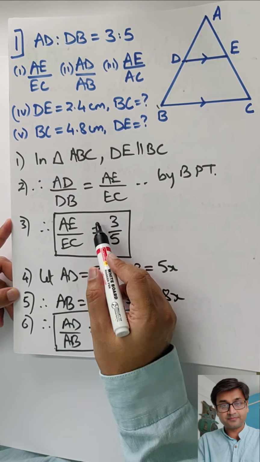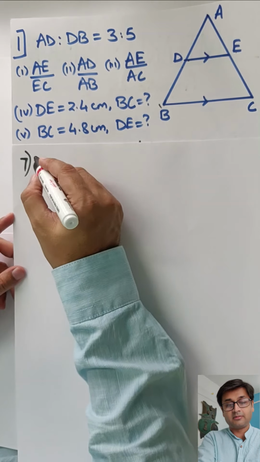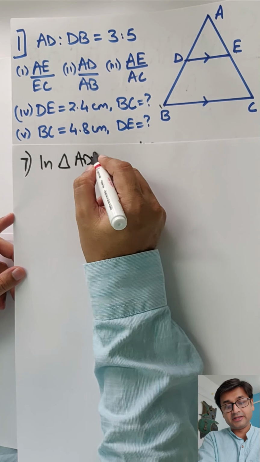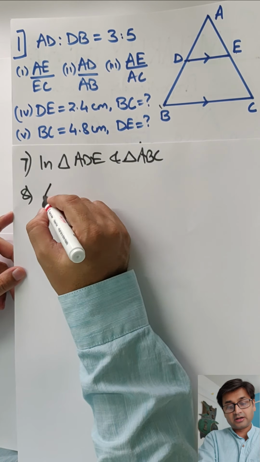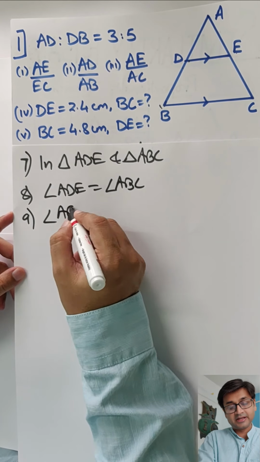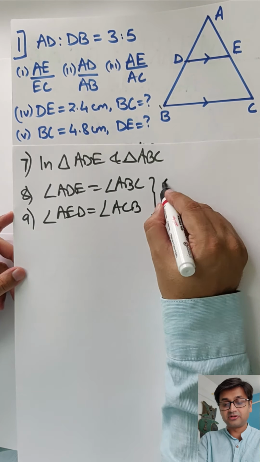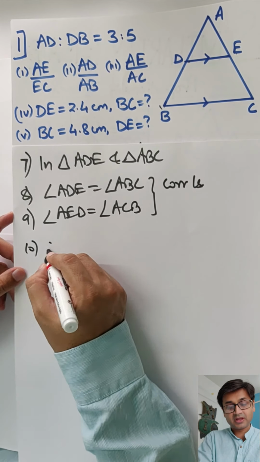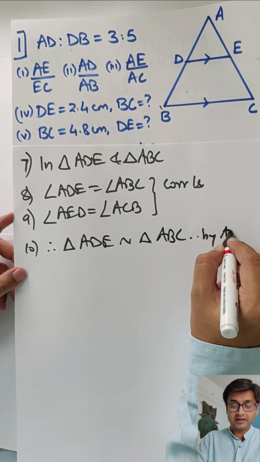So let's go ahead, let's prove the two triangles similar. Statement number 7. Now you can go ahead, prove the two triangles similar by AA test, corresponding angles. Come on, do it on your own without my help. At least get them similar and then come back. So in triangle ADE and triangle ABC, you can say that angle ADE equals angle ABC and angle AED equals angle ACB. You can also use the common angle, but I purposely use them so that I have to write the reason only once, and therefore I can say triangle ADE is similar to triangle ABC by AA test.